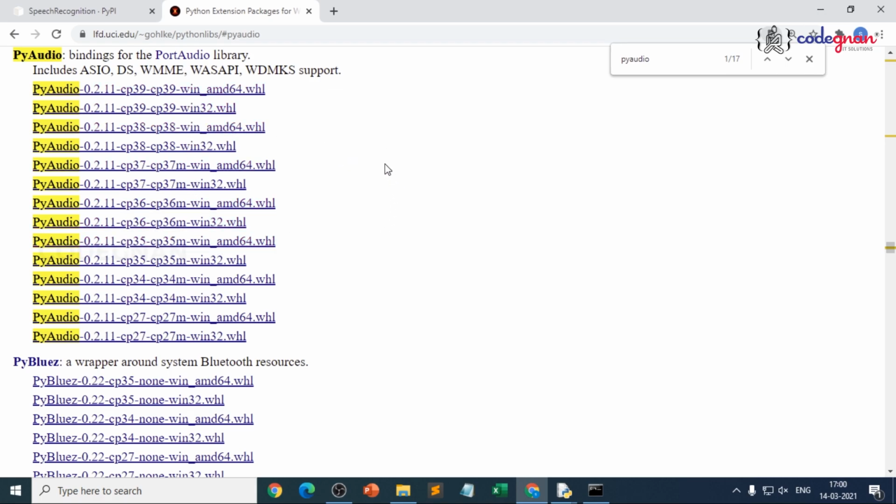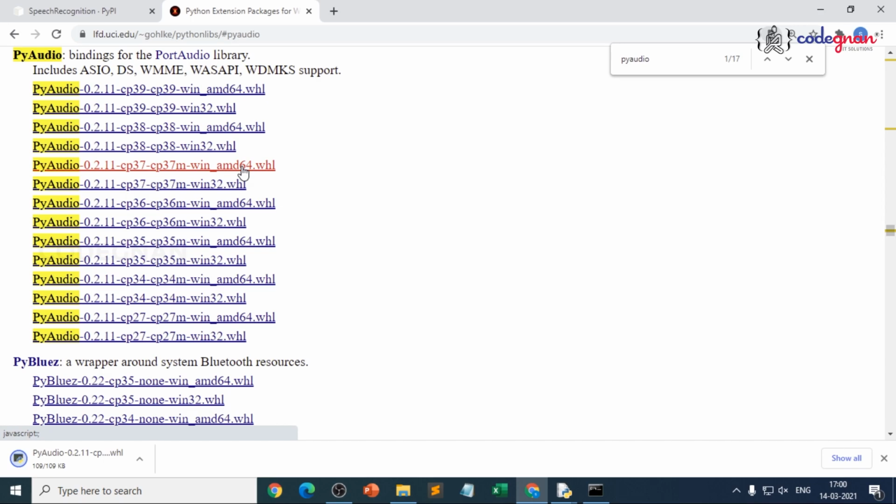As we are using Python 3.7 version, I'll click on this. It is in downloads, right? Then automatically it will be just downloaded. So the particular wheel file is downloaded. We can directly install it, because the installation process should be very simple. Whenever you are installing this particular wheel file, you just need to open that location and just click pip install. You need not do it manually, right?